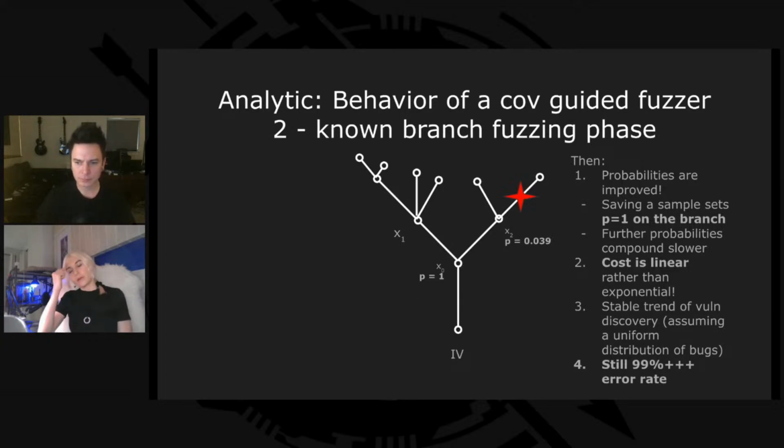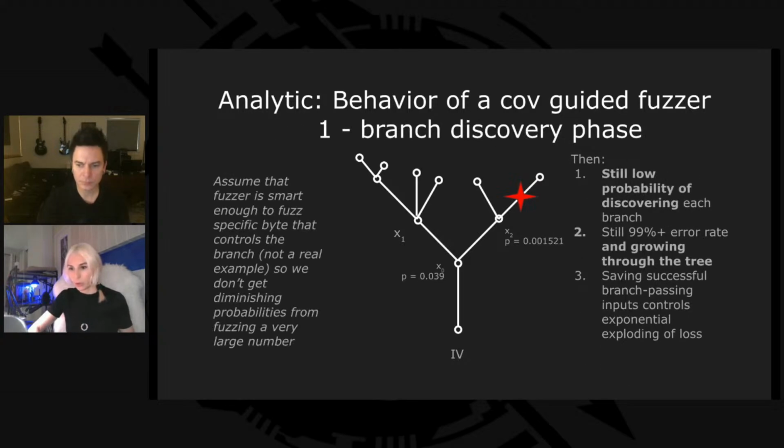And probably the most important thing in this model that I noticed is that fuzzer costs seem to be approximately linear. They're not exponential anymore. So when your fuzzer has already discovered all the possible branches and it just keeps running through the inputs to find the vulnerability, at this stage it will be running in a stable way. The error rate will still be high, around 99%, but more or less stable, and there will not be this kind of exponential explosion that we have to deal with in fuzzing complex programs.